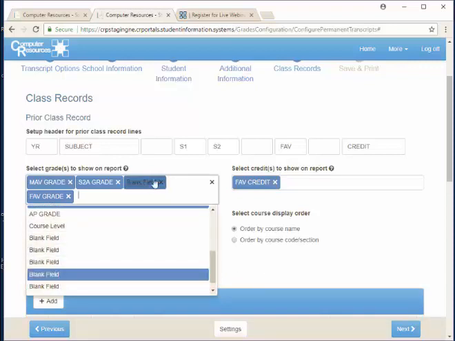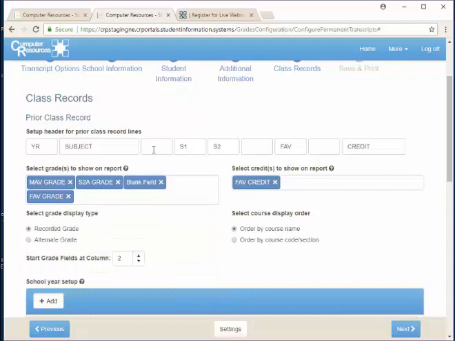And you can see I actually have one selected because I chose to skip a column here. So I have semester 1, semester 2, averages, a blank field, and then I have my final average. So in order to bump my final average, I need to include a blank grade field. Now, I skipped this one here by stating here that I wanted to start my grade fields at column 2